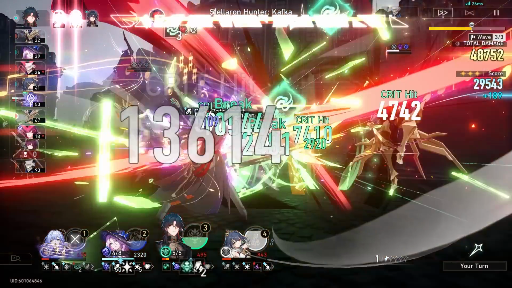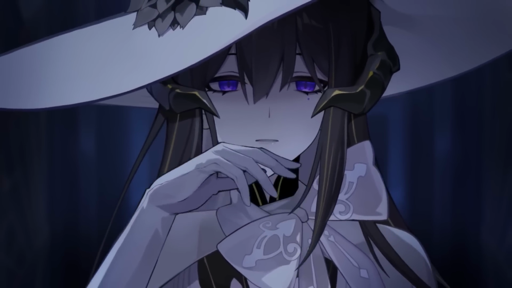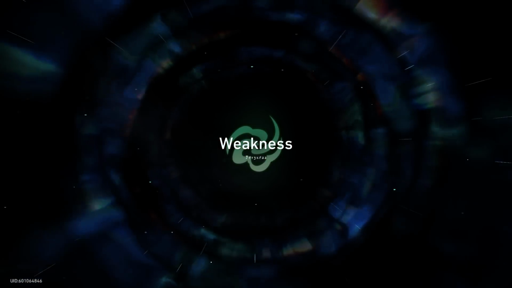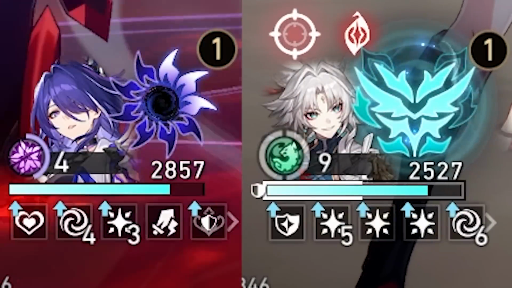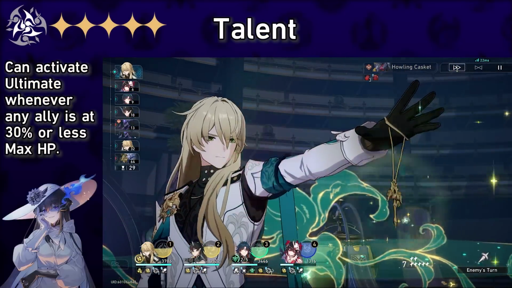My next concept is a lot crazier, definitely entering 5-star design territory, and for that reason we'll use Constance as our stand-in because she looks like she is crazy. The central idea behind this kit is the idea of high risk in exchange for high reward. From the start, I knew I wanted to design a support with no energy, similar to Acheron and Fei Xiao. So what's the condition? Her talent dictates that she can use her ultimate when there's an ally on the field